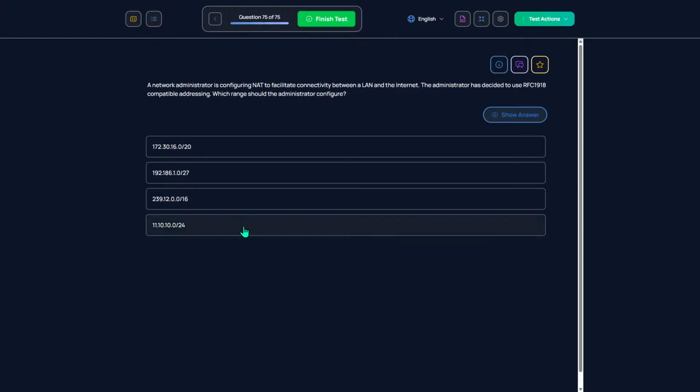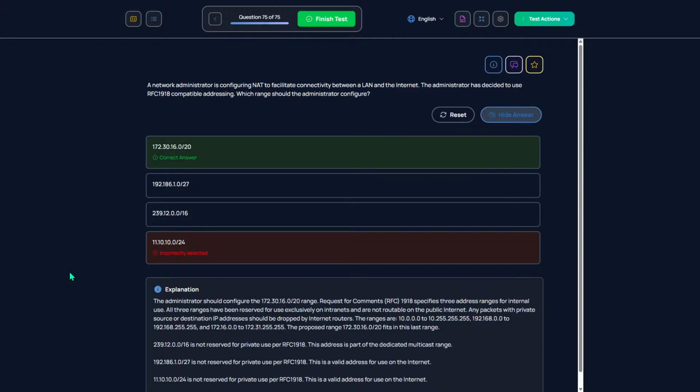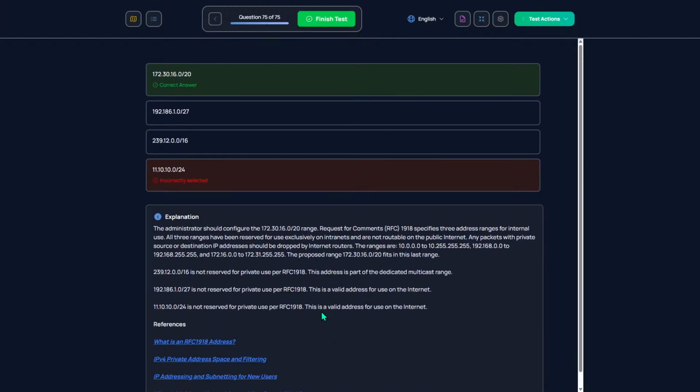Frick, man, I have no clue. The admin should configure that range. Request for comments specifies 3 address ranges for internal use. All 3 ranges have been reserved for use exclusively on internets. Okay, so